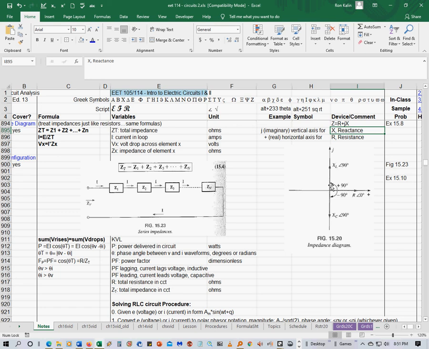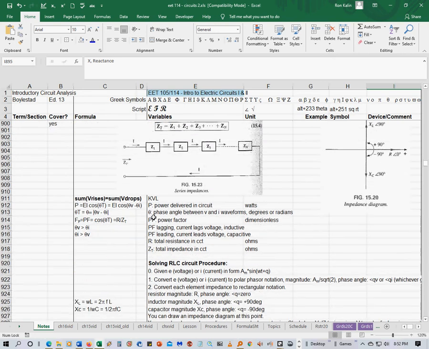This is showing you that a pure inductor has X sub L at angle 90, so it's going straight up. The angle starts at the positive horizontal axis, and then it goes clockwise from there. A pure capacitor has X sub C at angle negative 90. That should be a negative, it's kind of hard to see in there. And then a pure resistor has R at angle of 0 degrees. Okay, so